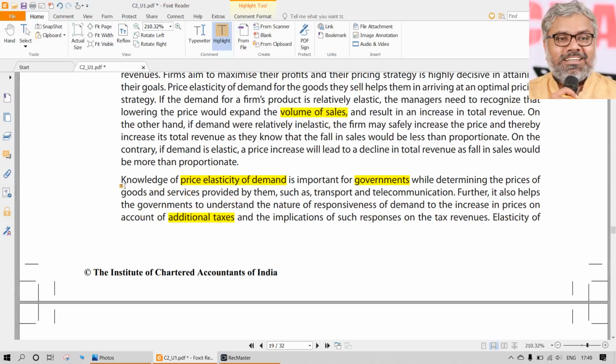So finally what happens? The people who are consuming them will pay the price for it. They'll have the burden for it. They deserve to have that. They will bear that burden. Government will have its revenue. So the purpose is served. Ultimately, the government's revenue is increased because of that. And how is the government able to do that without any backlash from the people?